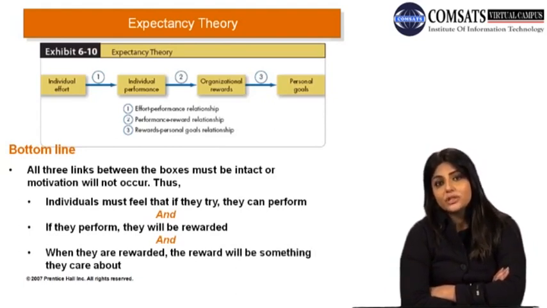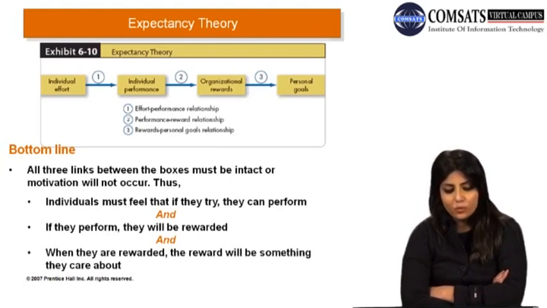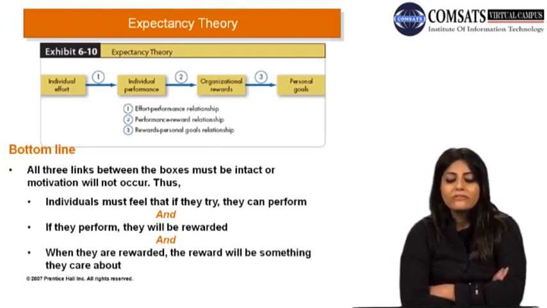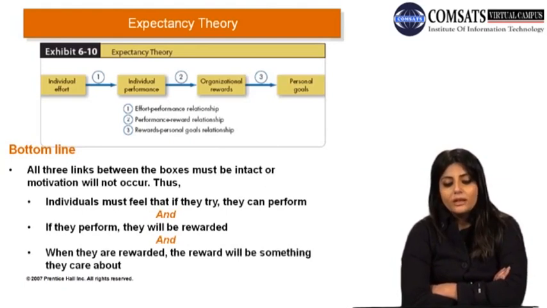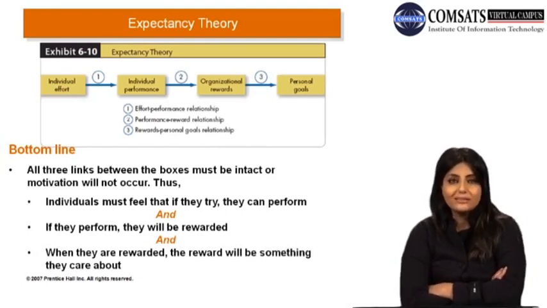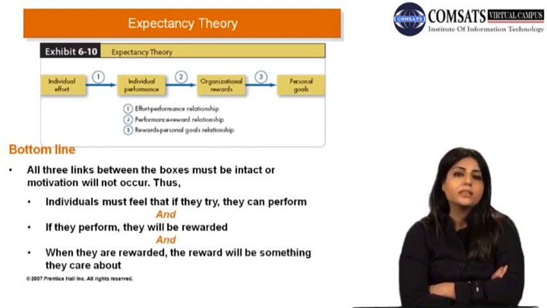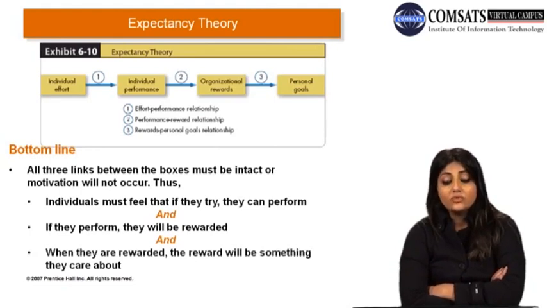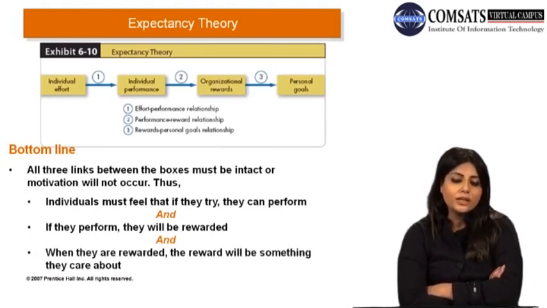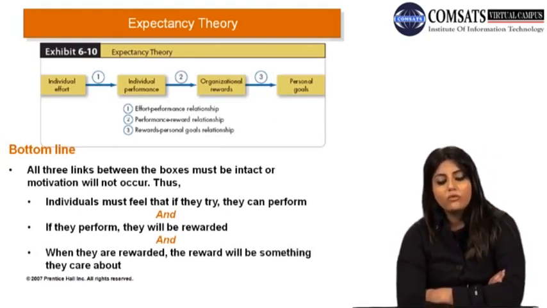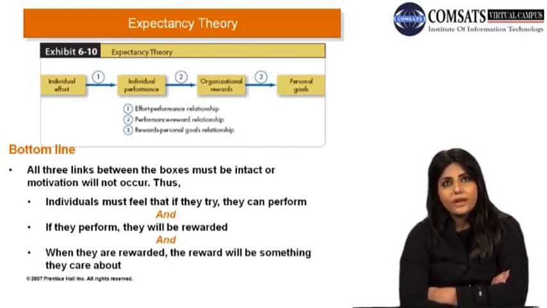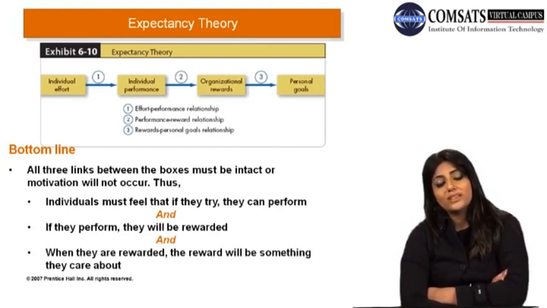That is the individual's expectation that if they put in some effort, their performance will improve. Second, they should have the expectation that if they perform well, they will be rewarded. That is the second expectation of the individual. And the next expectation is that when they are rewarded, the reward will be something that they care about, right? So there are these 2 ends and these 3 links in this chain that need to be tied to each other, and if one of them is broken, then the theory won't work, or there won't be enough motivation for the individual to exert an effort.